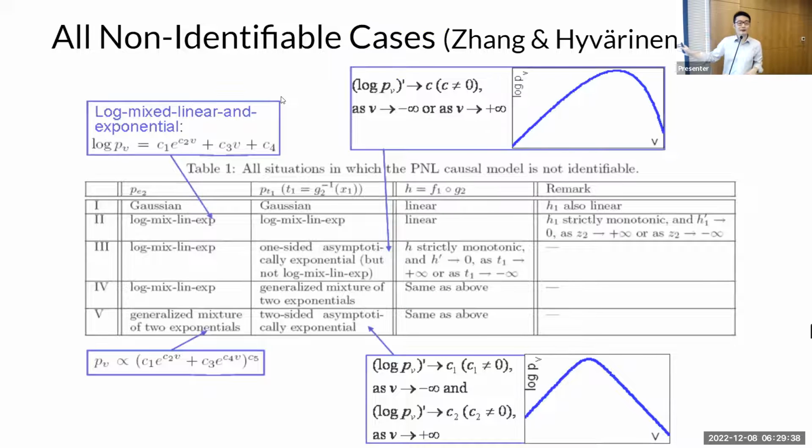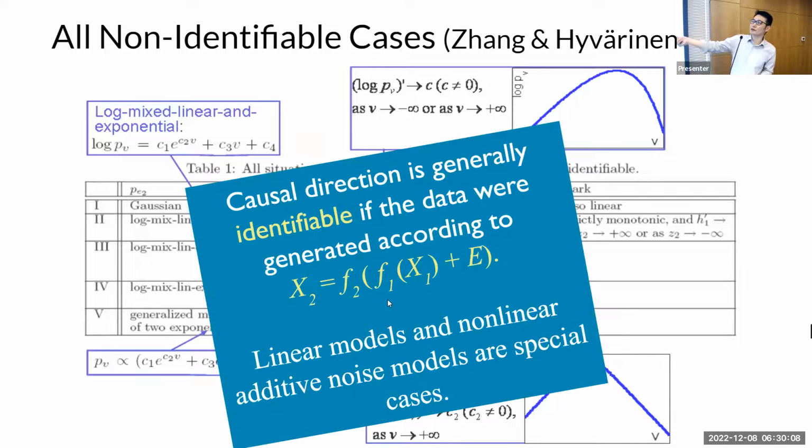And mathematically, you can show that only in 5 very specific situations are cause and effect symmetric, in the sense that in both directions you can find an independent residual. If none of them holds true, then cause and effect will be asymmetric, and you can find the direction. Those 5 situations are very specific. The first one is the linear Gaussian case, and so on. Each of them is very specific, and the measure for them to be true, generally speaking, would be 0. In other words, generally speaking, the causal direction between two variables is identifiable, even if the data was generated according to this very flexible model.